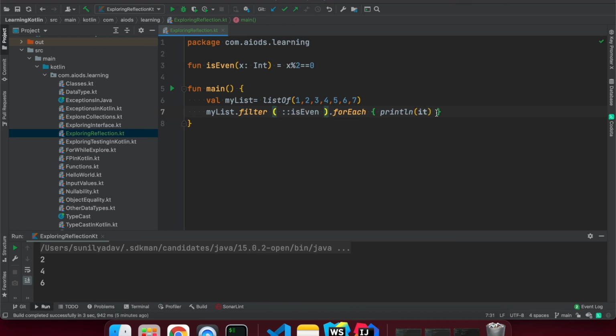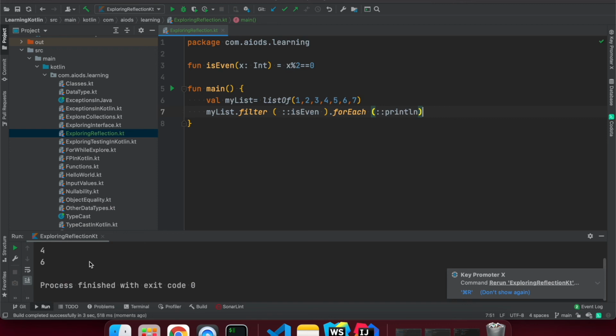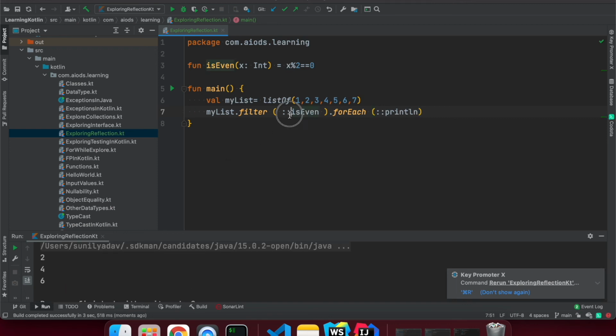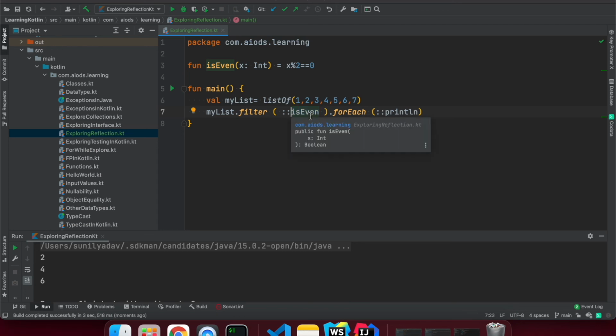Similarly, we can also improve this code as well. We are going to use a method reference like reflection. Now we are also getting an error, so we can remove this lambda. Now our code looks good, so let's try to run it. Now it's working perfectly fine. So reflection is a key important thing we need to understand, and we can use it throughout our development whenever we need. We don't need to explicitly pass the variable while calling the method. It's really helpful and very useful.